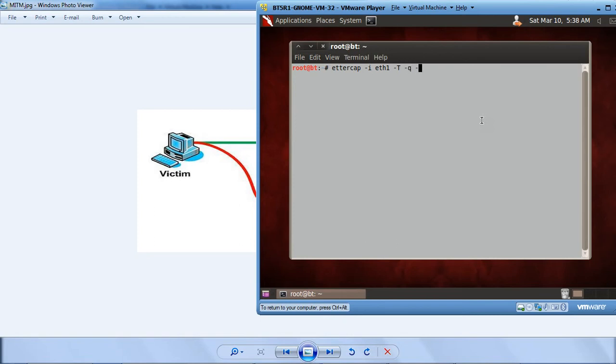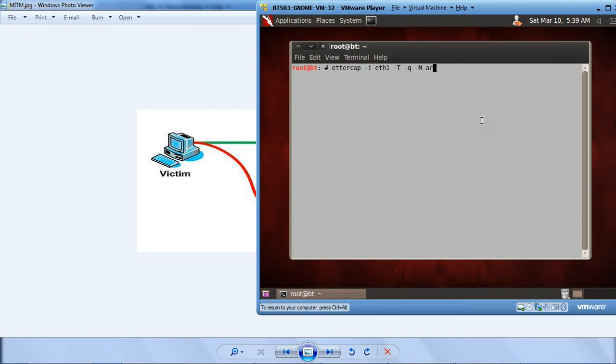-q -M. These are different arguments that are used with the command ettercap. Capital T stands for text only. Small q stands for quiet, which does not show you the other packet contents, and capital M stands for MITM.